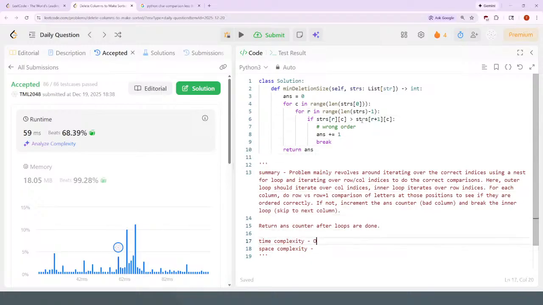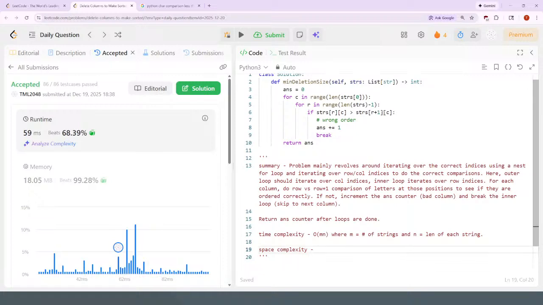Anyways, time complexity is going to be O of mn, where m is the number of strings, and n is the length of each string, because that's basically the outer and inner for loops. There's constant work done each. And space is going to be O(1), since no extra space is needed for